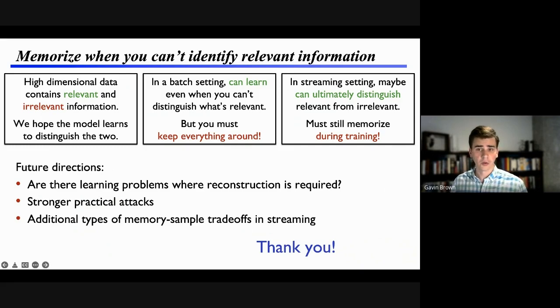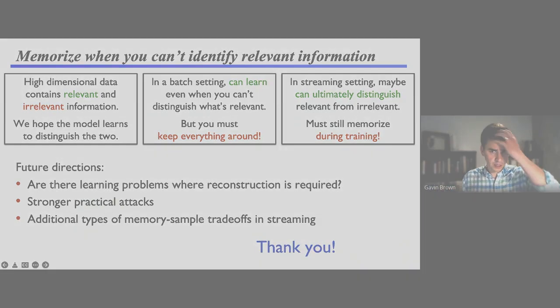I see no reason that memorization shouldn't be required there. I don't know how to prove it. There are some other upper bounds that show, at least for average case learning settings, this is work by, certainly by Yehudayoff is one author that